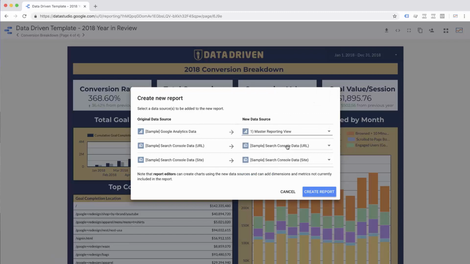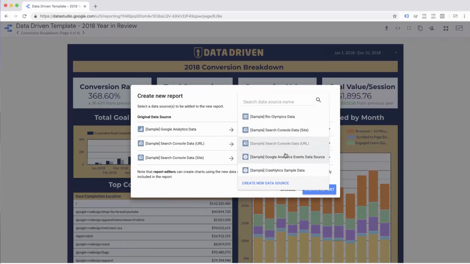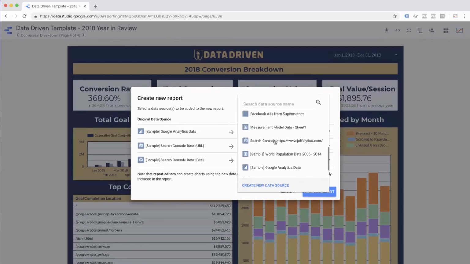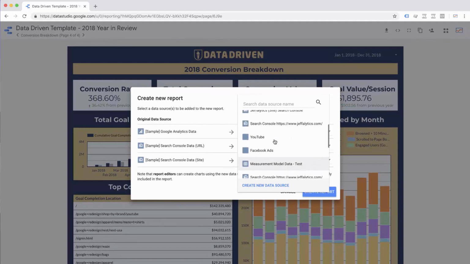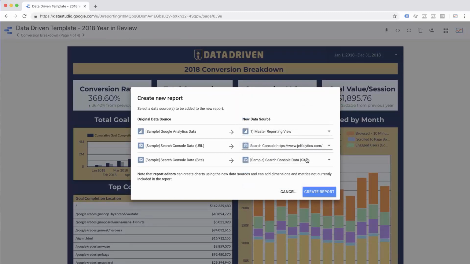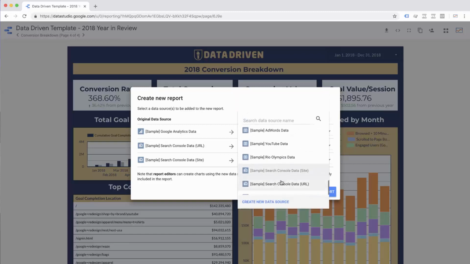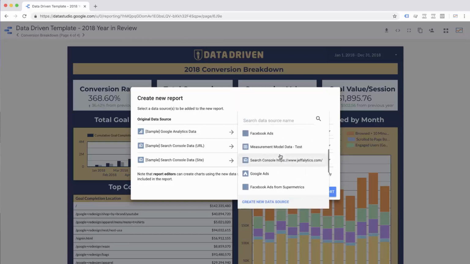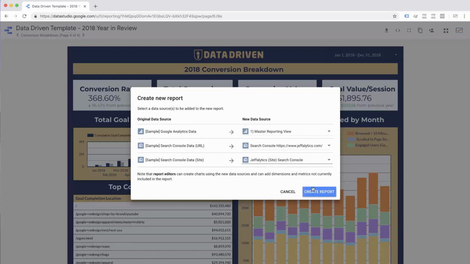And so I will do that with my own data here. There's a URL. Don't pay attention to my own data. I have some weird naming conventions in place, but basically I have what I need when I go through here. So I'm going to have the data here, and I'm going to have the data there, and then I'm going to have the Jeffalytics site search console. I'm going to create my